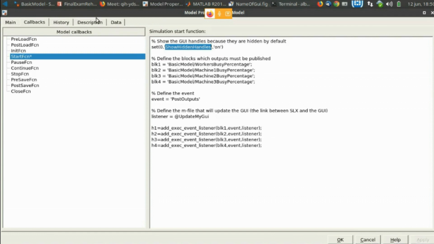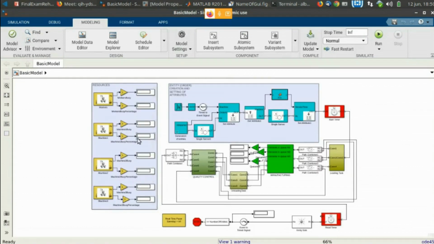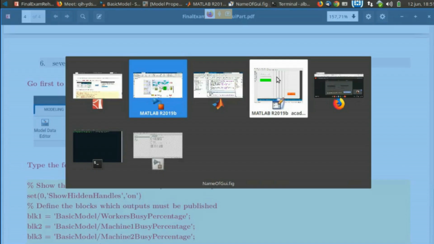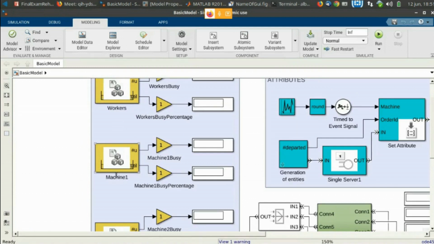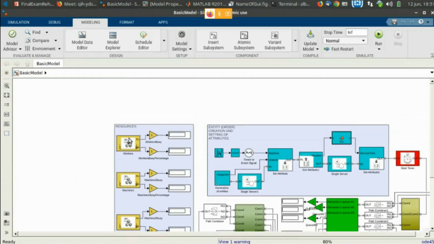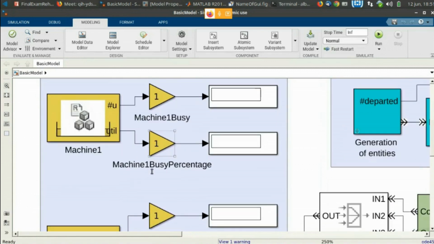Okay, so in this model, I want to get some information here. Let's check which information I want. How busy are the resources? How many resources do I have? Well, I have the workers, machine number 1, and machine numbers 2 and 3, because these are the list of resources. And as you can see, I have a gain equal to 1 with a value of 1 for every